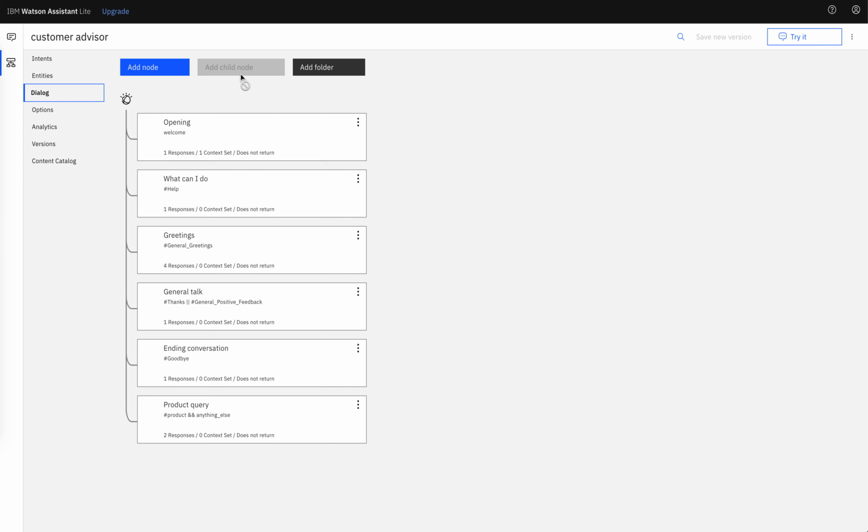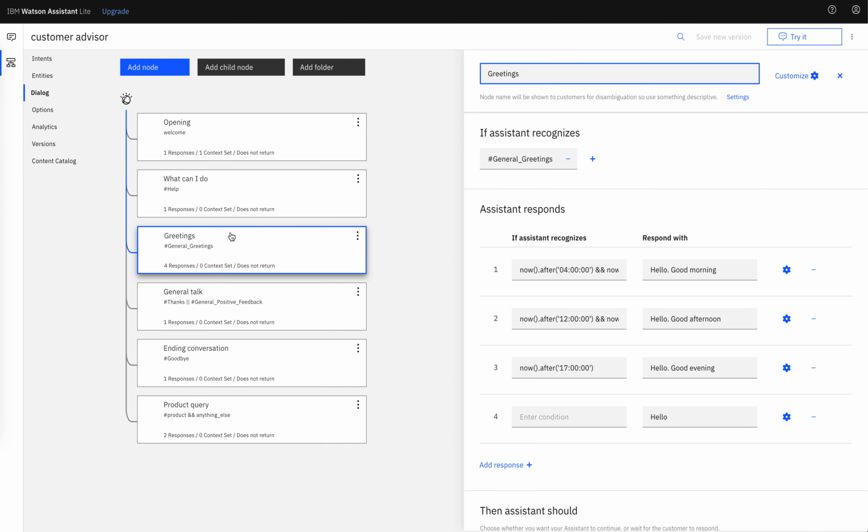The dialog flow in this scenario is built to answer basic things such as greetings, the ending conversation, etc. Apart from these nodes, I have created a product query node which checks if the intent of an input sentence is related to the product. If it is, it will then respond accordingly. If we look inside each node, we can see that each node is pre-configured to respond in a certain way if an intent matches. In the greetings node, we can see that if the assistant recognizes the input query as a general greeting, it will respond as follows.